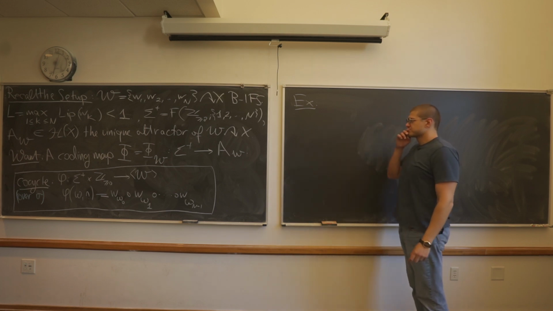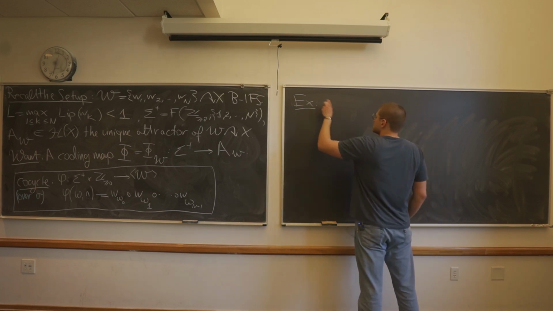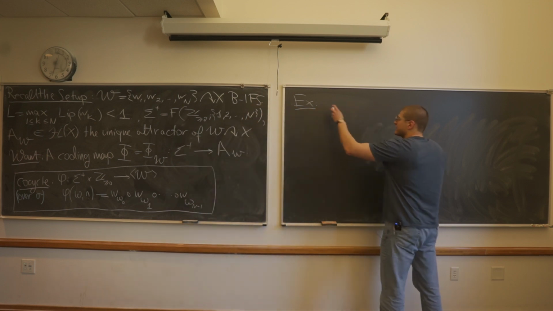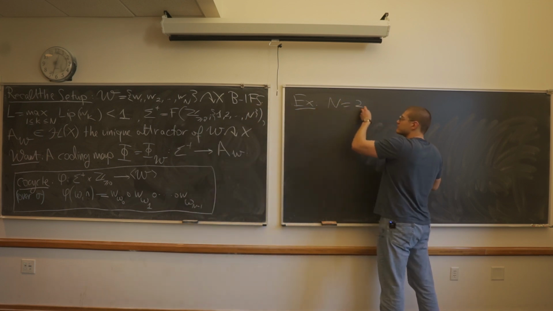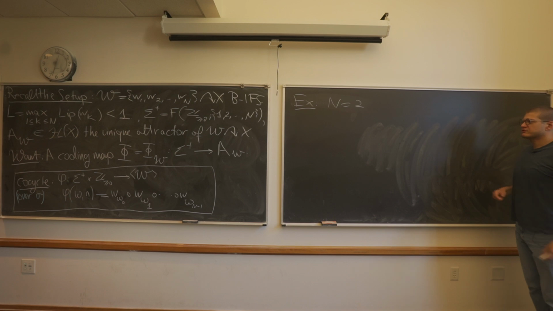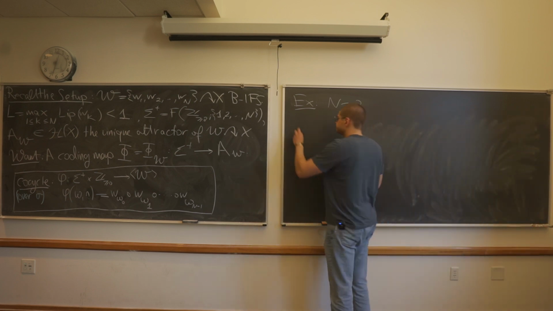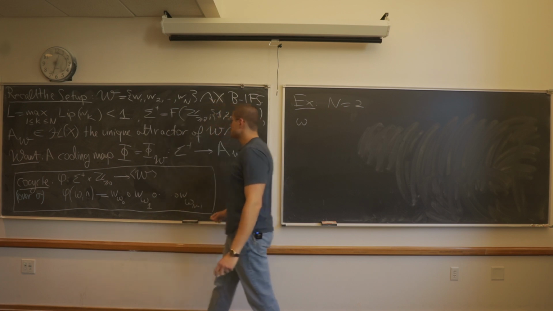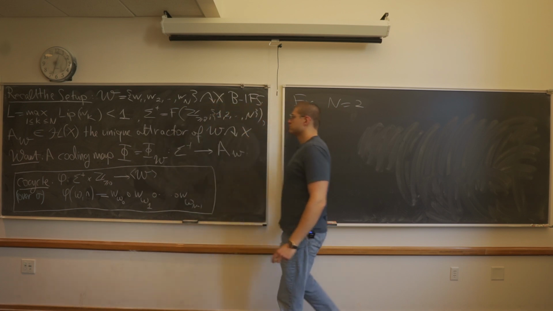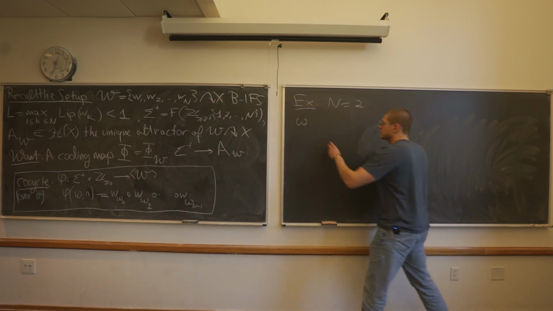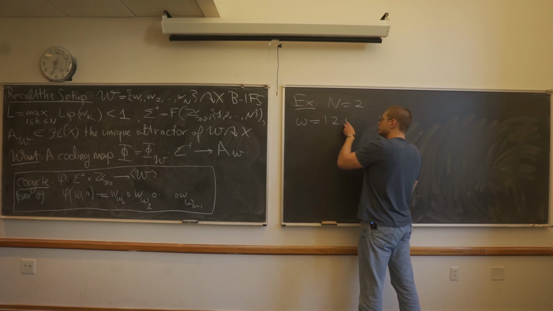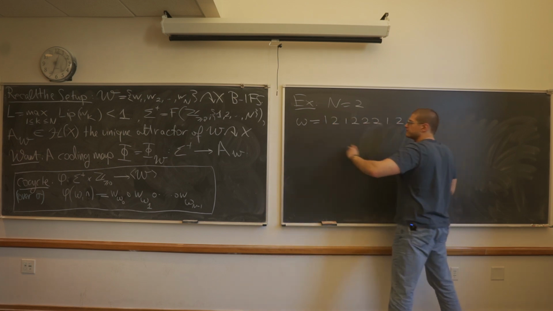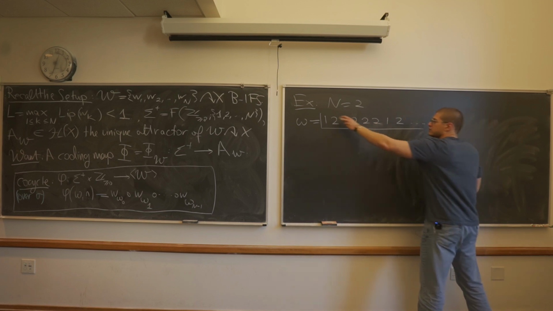Okay? So let's perhaps do an example. Let me not specify this iterated function system, but let's say that I have two contractions, and let's say that my omega is going to be a point in the sequence space with values 1 and 2. Let's say it is 1, 2, 1, 2, 2, 2, 1, 2, and so on.